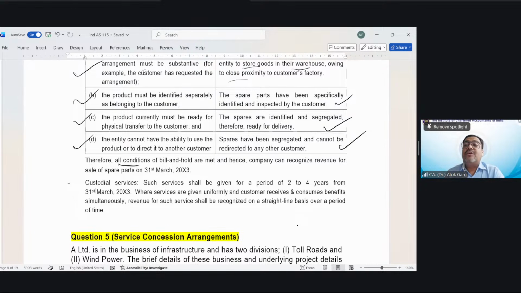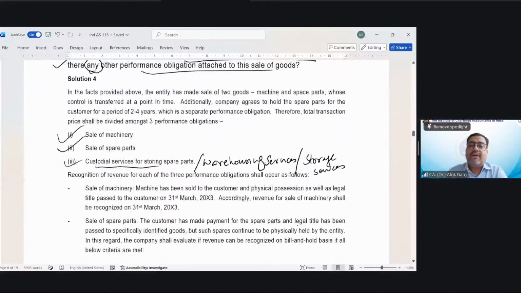For example, the total transaction price is 10 lakh for this entire arrangement. Now there are three performance obligations: 1, 2, 3. Let's say the transaction price, and friends, I am just revising those concepts also. For example, transaction price is 10 lakh rupee. So this 10 lakh rupee has to be allocated in the standalone selling price of machine, spare part, and